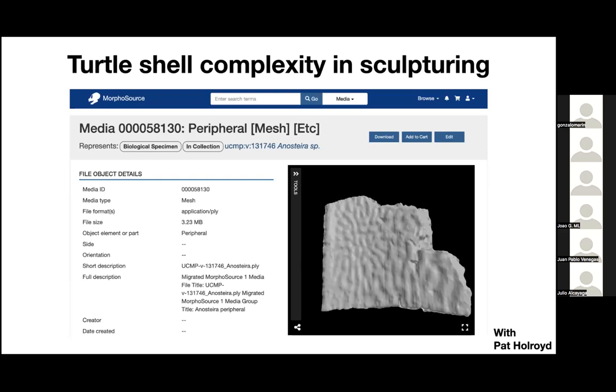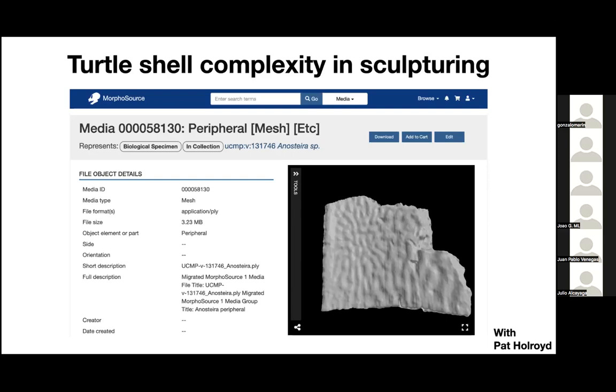In one system, I started thinking about the patterning in terms of the molecules that are forming the first shape, but then going back from tooth back to turtle, I've applied a different type of way to analyze it. And what we're doing with this is mostly considering the sculpturing in relation to the presence or absence of scutes, but also using this as a tool. So there are a lot of great resources for sharing these types of media, not just for studying them for research, but also as learning tools.